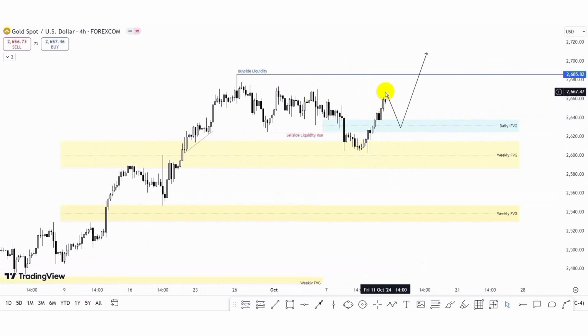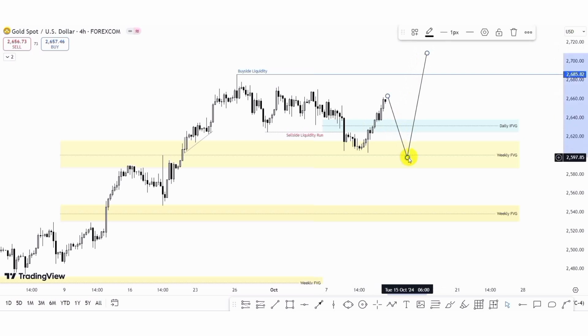I'm expecting to see price fall to the downside into the daily inversion fair value gap, and then we have the bullish continuation, except price chooses to do otherwise and then falls into the mean threshold of the weekly fair value gap and then pushes to the upside. But this is actually my expectation in gold. So when the market opens, we'll be looking at price delivery, then we can frame our entries.